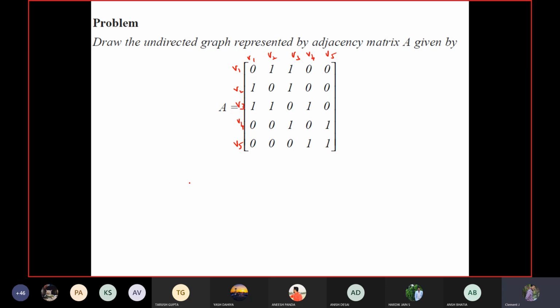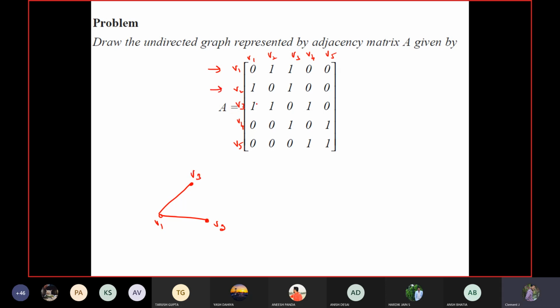So here I can fix the first row. V1 is the vertex of the first row. V1 has connections with which vertices? Any guess? V2, V3. That's it. So I should create an edge V1 to V2 and then V1 to V3. I hope you have understood slightly. Now I can start creating the edges. V1 has an edge with V2. Next, V1 with V3. So I have finished the first row.